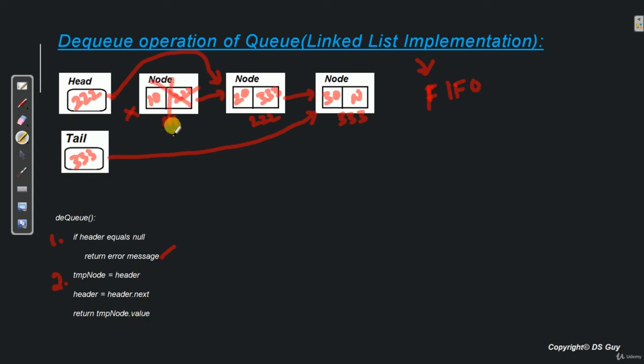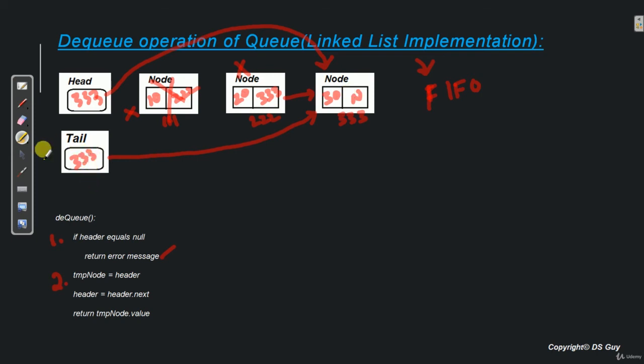So now let's say if we want to do one more dequeue operation. How that will work is, we will store this 20 in a temporary variable and update the head pointer. So head will now point to the next node. And since this node is not getting pointed to by anyone, it will automatically get deleted. And the same thing will happen for the last node as well. Fine. So I hope you have understood the dequeue operation.